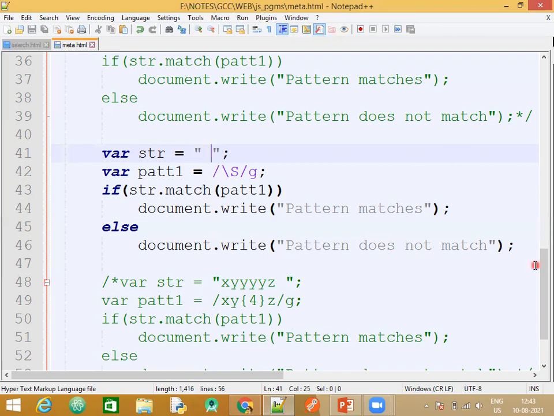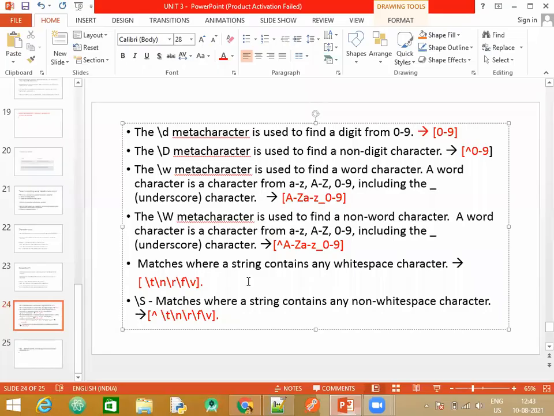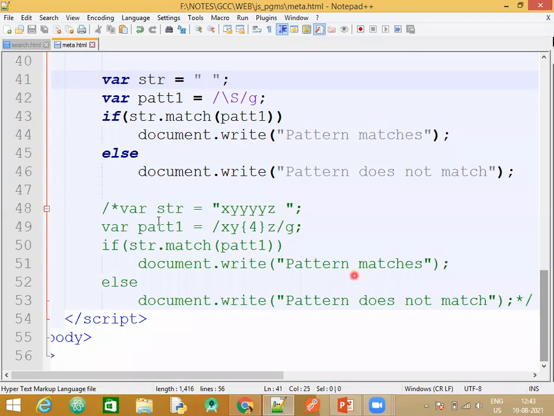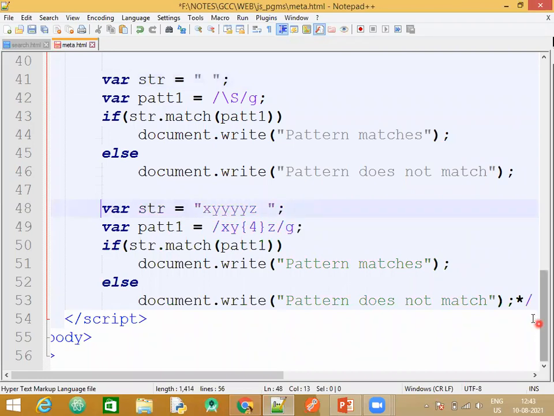Fine. Now last one. Okay, directly we'll go to the example here. Have a look at the string and tell me what are we trying to do here.